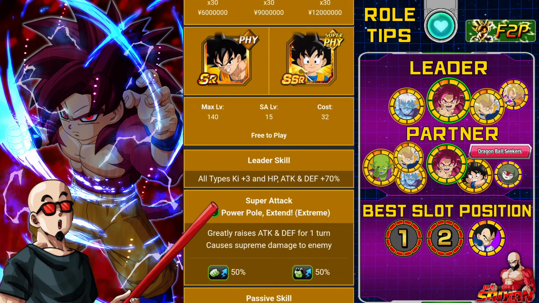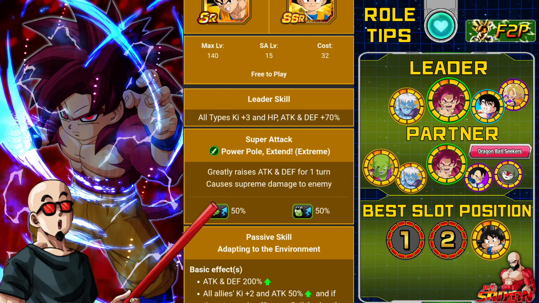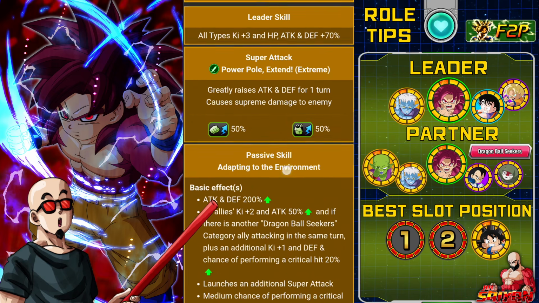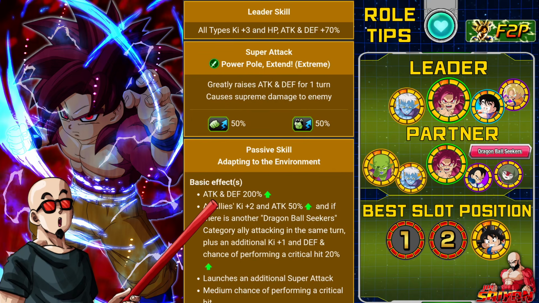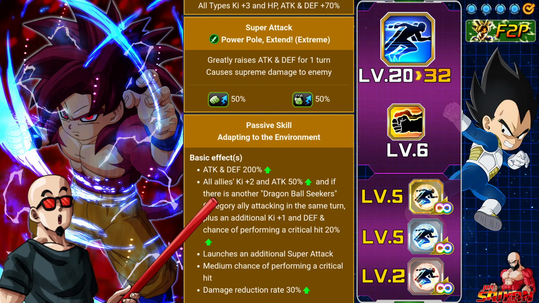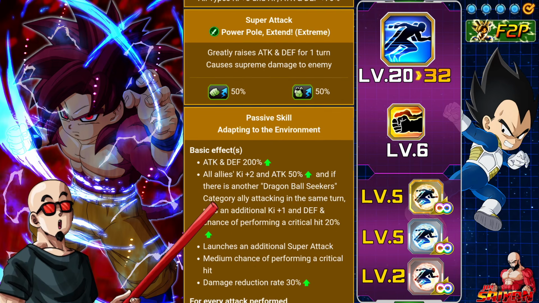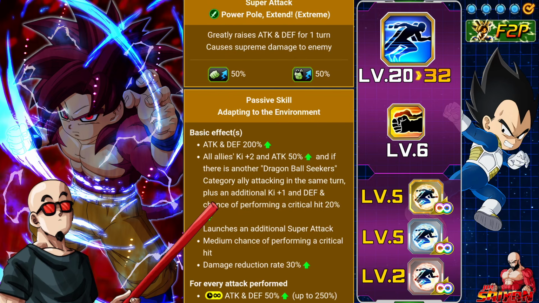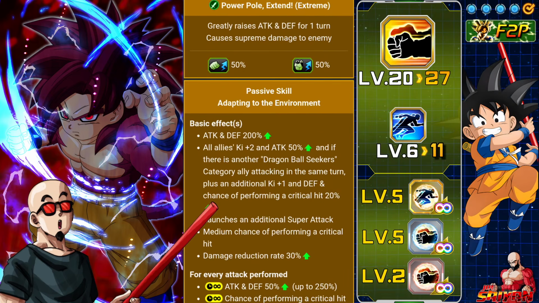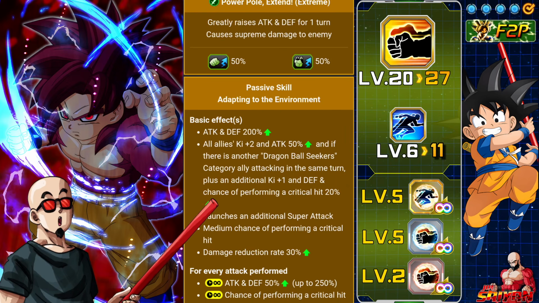He is an all types Ki +3, HP, attack and defense 70% leader, of course. He greatly raises attack and defense, so exact same thing as Vegeta. Now, basic effects are going to be a little bit different. Attack and defense is 200%. His support is all allies Ki +2, attack +50%, if there is another Dragon Ball Seeker ally attacking in the same turn,